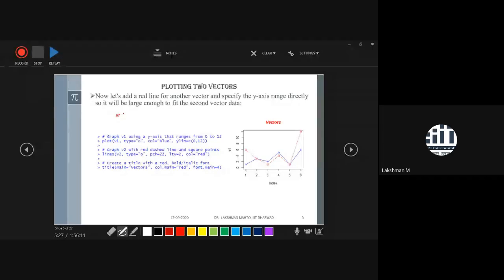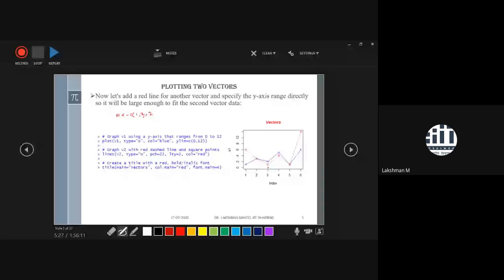So v1 was taking values 1, 3, 2, and then, as you can observe, it is already taken here.